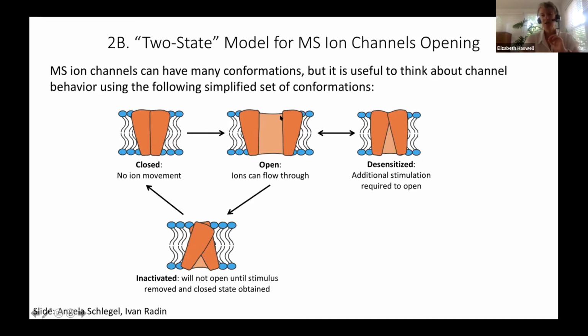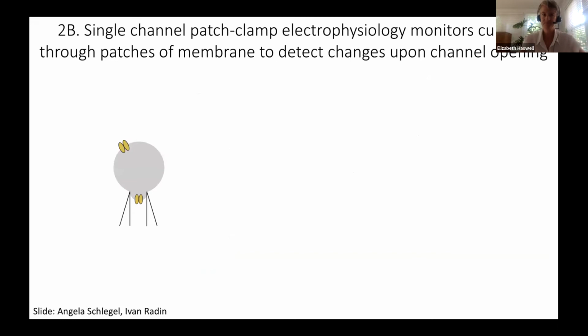You get a transient opening, and then the channels basically close down and you can't respond any longer. It gives you a pulse of response. Okay, so how do we study this type of ion channel? In our lab, we use what's called single channel patch clamp electrophysiology, and it's a great way to study all